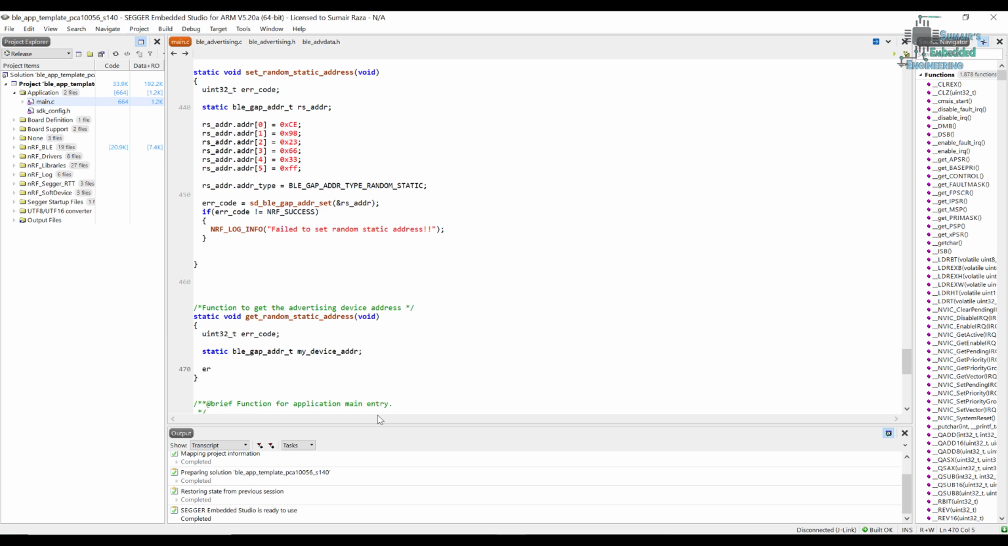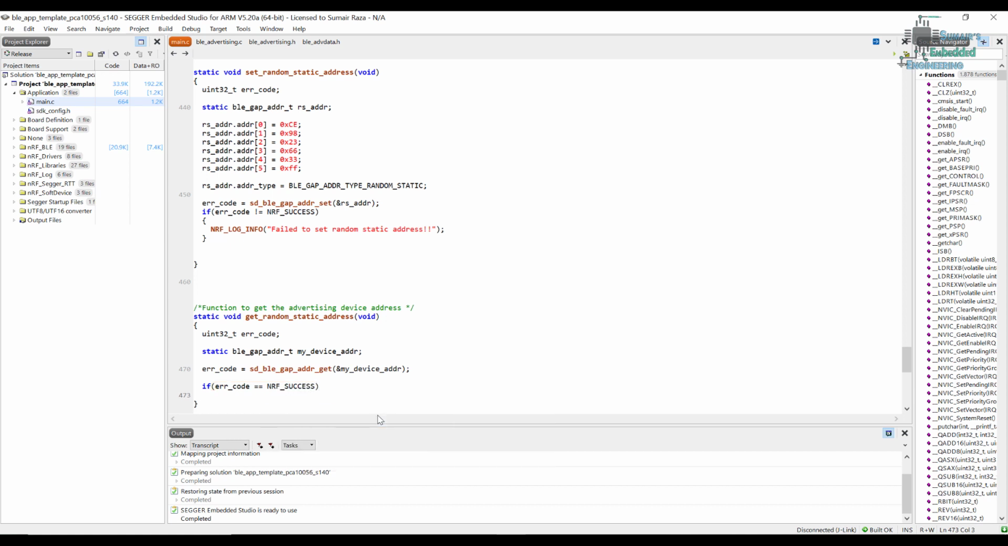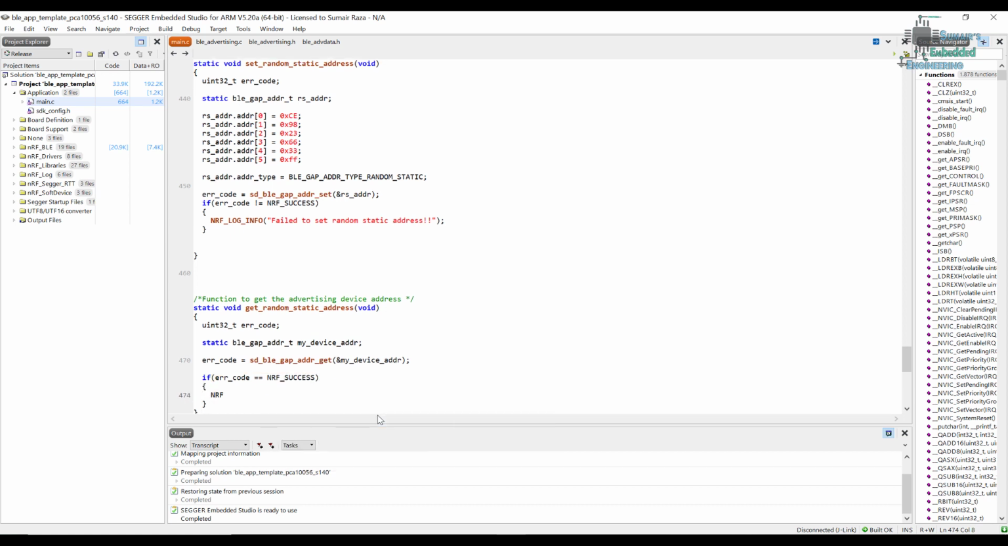And now we need to read the address, so for that we will use the function gap address get, and here we have to pass the pointer to this variable, so we are just passing its address. And if the device has successfully got the address, then we will read it. For this, let's print out some message,